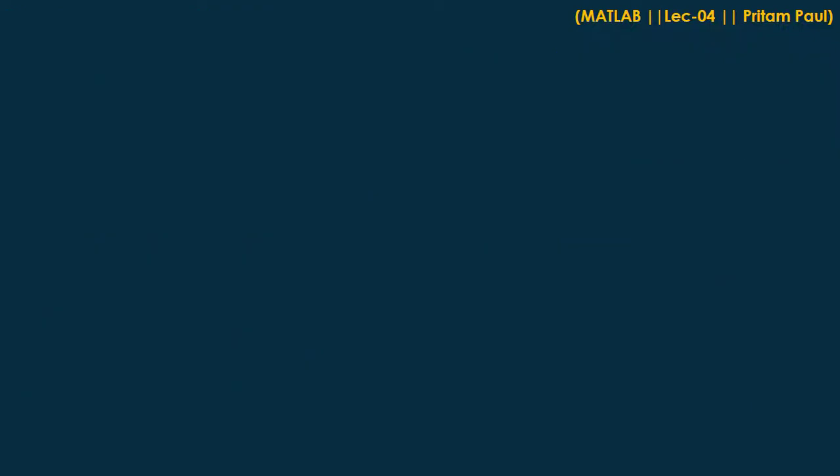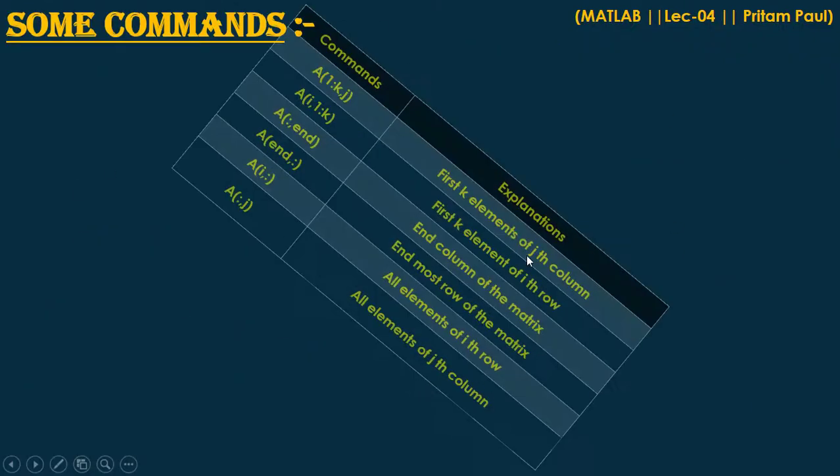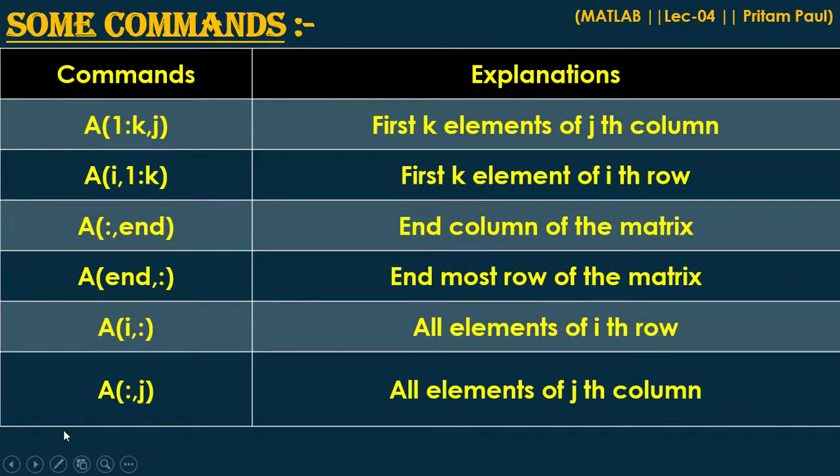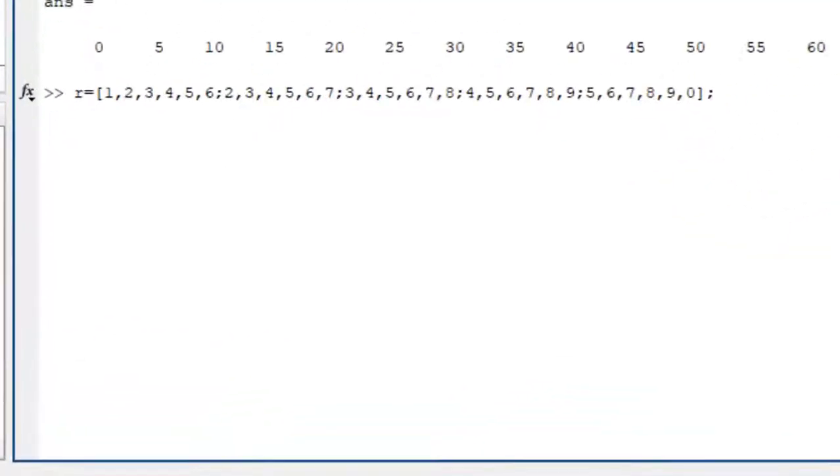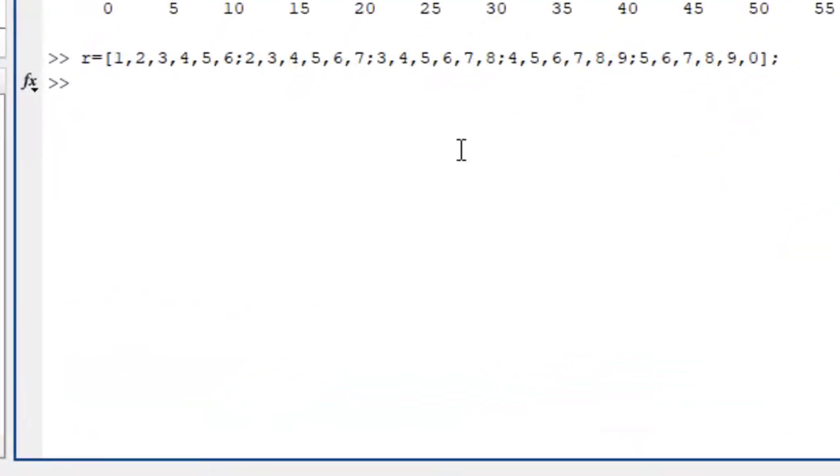Now let's talk about these few commands. For example, A(:,j), where A is a matrix obviously, means all elements of the jth column. Here R is a matrix.